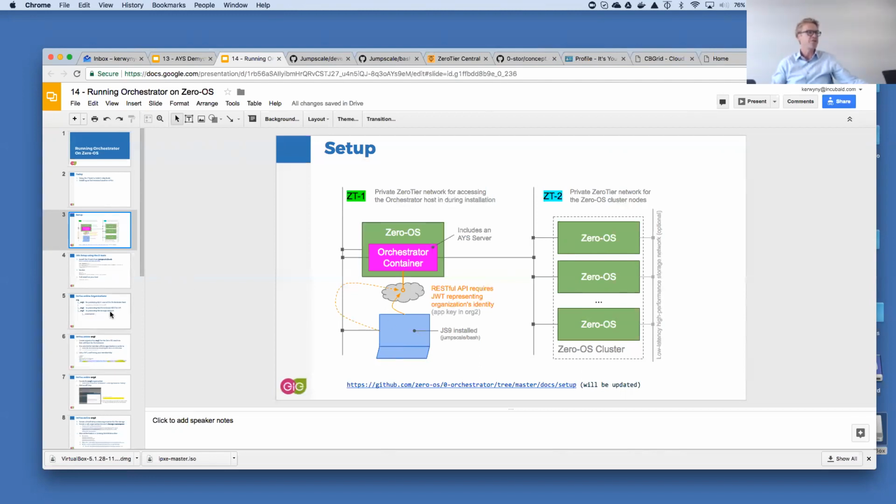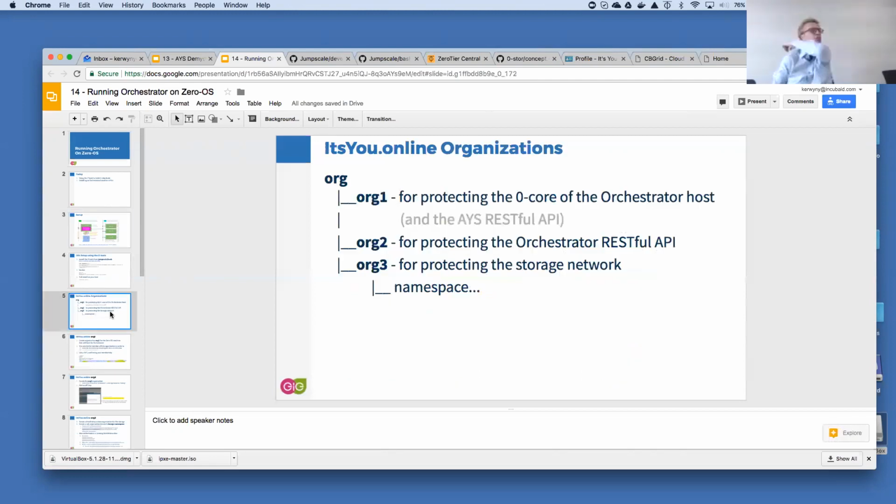Okay, then once that is done, there are multiple things to do in order to prepare. The very first thing you need to do is all related to itsyou.online.